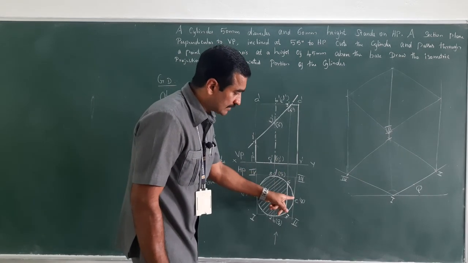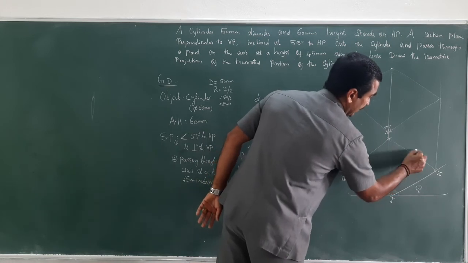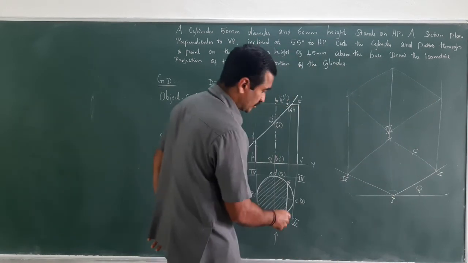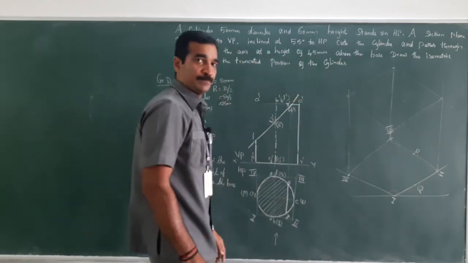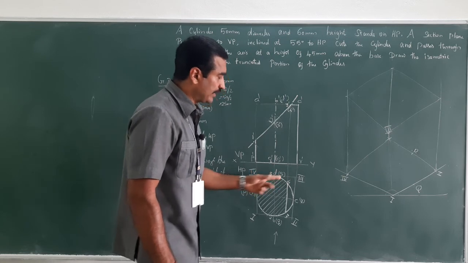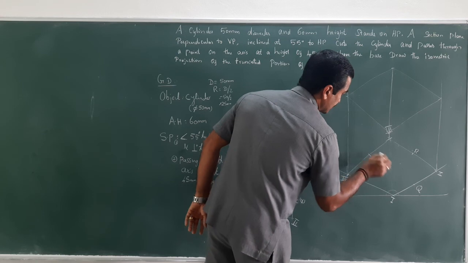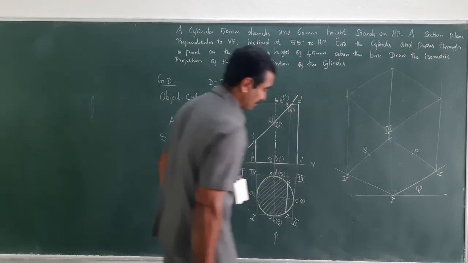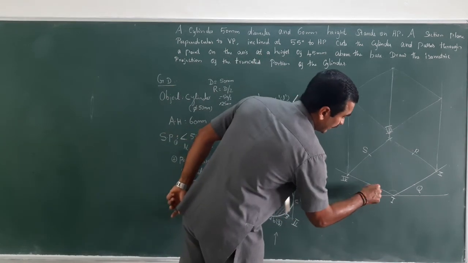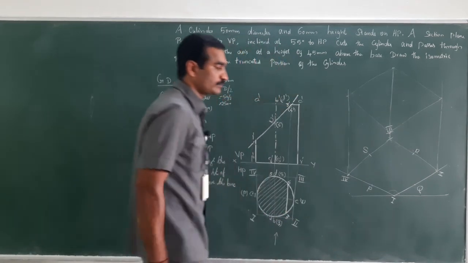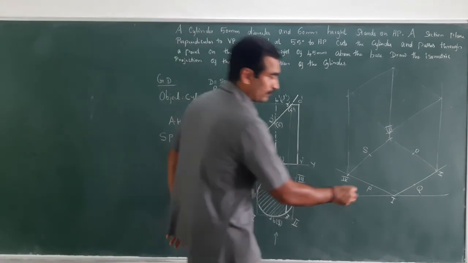Between 2 and 3, C is here. Measure the distance between 2 and C and cut it here. This could be C. Sorry, not C, that is R, because we are drawing the base, not the top face. Now between 3 and 4, we have S. Make it from 3. Now this is S. Between 1 and 4, P. Measure it from 1 to P and cut it. This could be P. Clear? So as far as the 4 centers method is concerned, you have to find the midpoint.